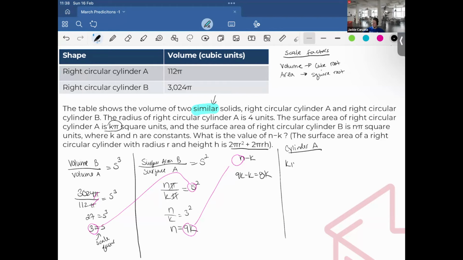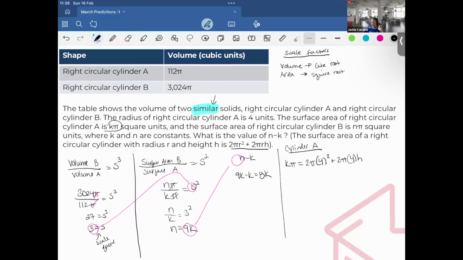So I'm going to set k pi equal to 2 pi, its radius is 4, so 4 squared, plus 2 pi 4h. I still need h, but that's okay. Probably should have found that before, but no worries. So,